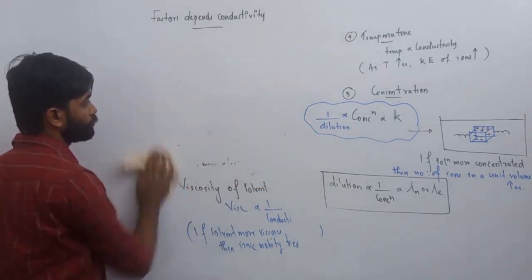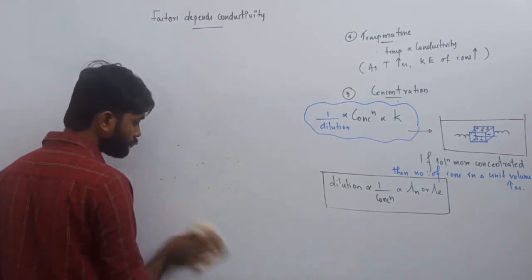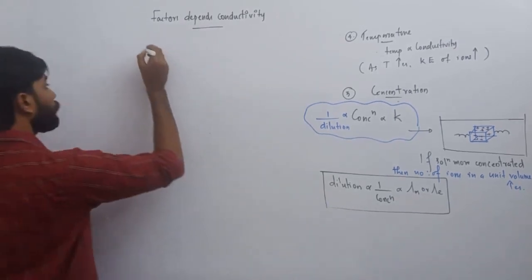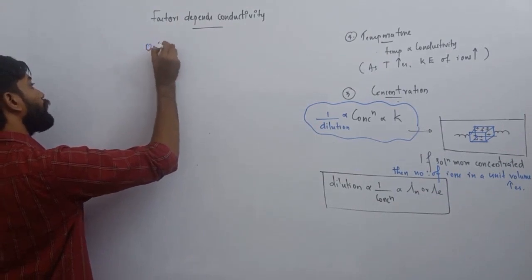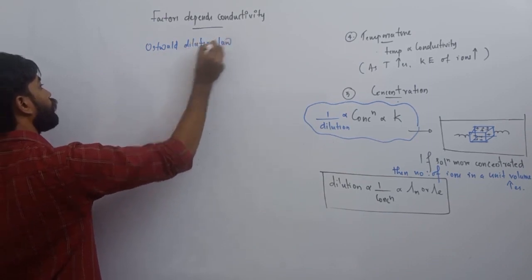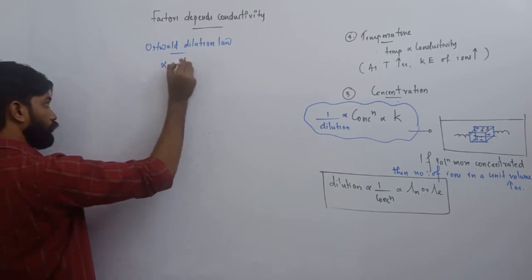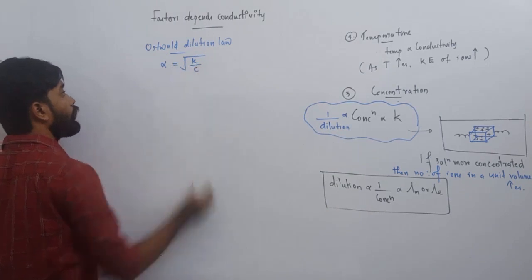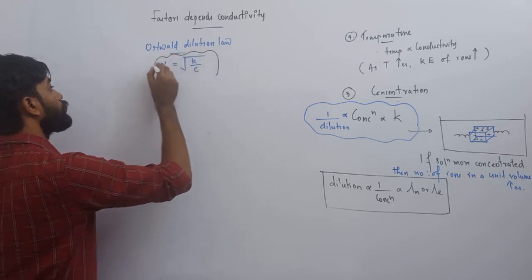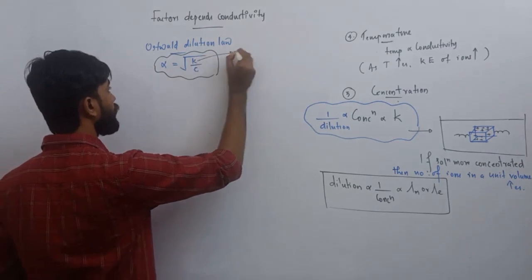Ostwald dilution law states that degree of ionization will be the square root of the ionization constant divided by concentration. Listen, this is kappa, specific conductance, but this is the ionization constant